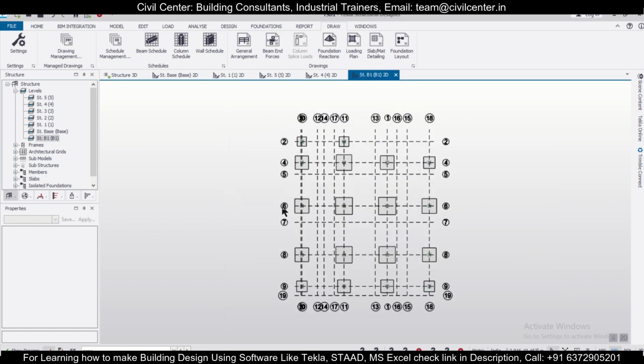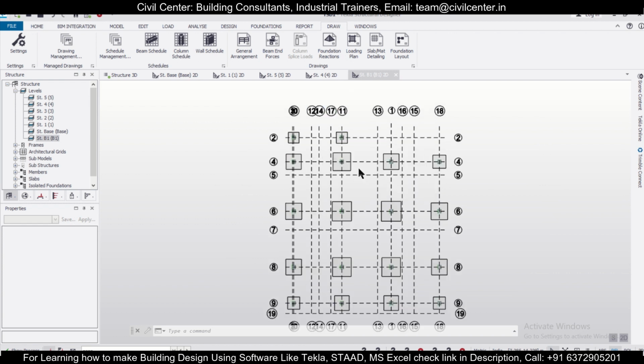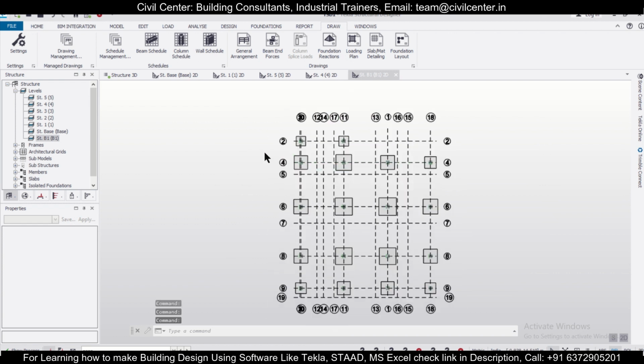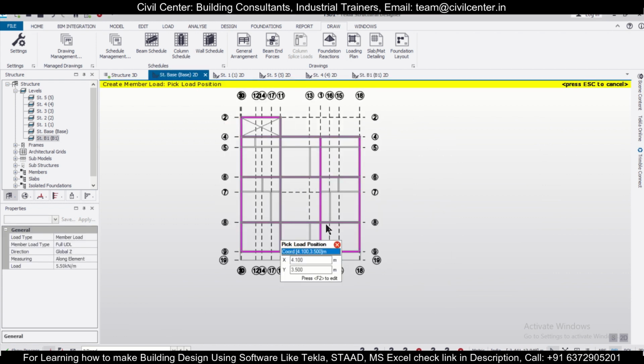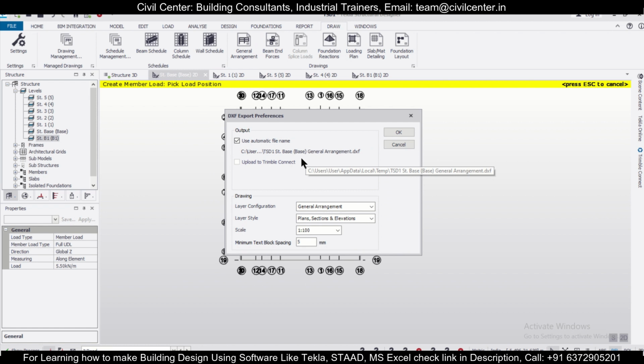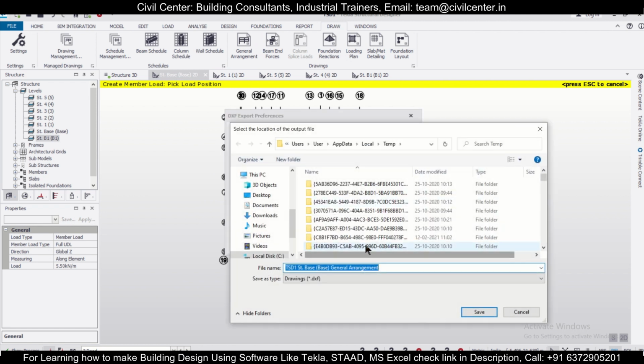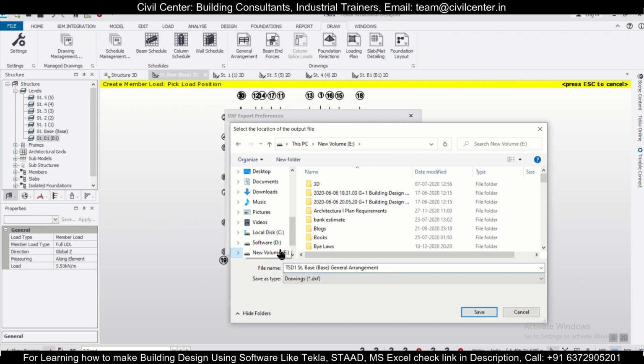Okay, and after that our foundation layout will have the general arrangement for the beams. So for 2 levels we'll take the general arrangement for beam, that is one at the plinth level, and the remaining for the roof beams. So let's take the general arrangement of this beam, and general arrangement GA drawing. So this also gives the location which you are wanting.